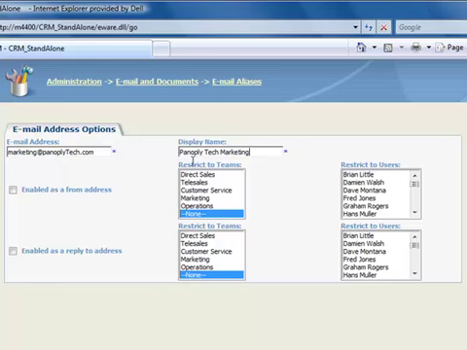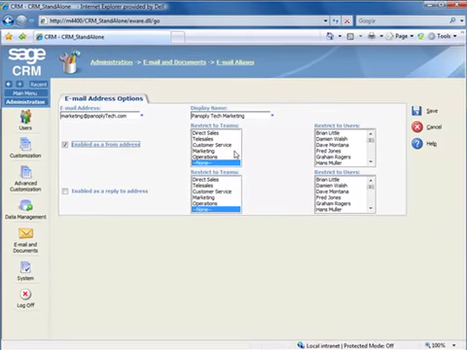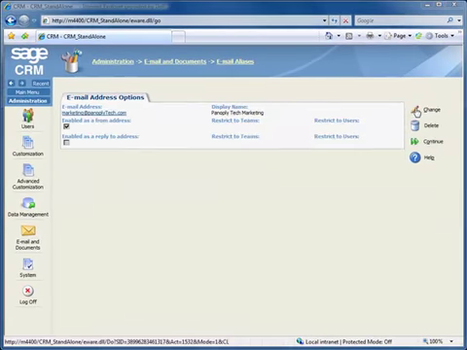Let's enable this as a From address by checking the box. You can restrict use of this address by team and individual users, but for our example, we'll forego any restrictions. And now we'll click Save. And one last note on aliases. You may need to do some configuration of your company's email accounts to allow them to work in your IT